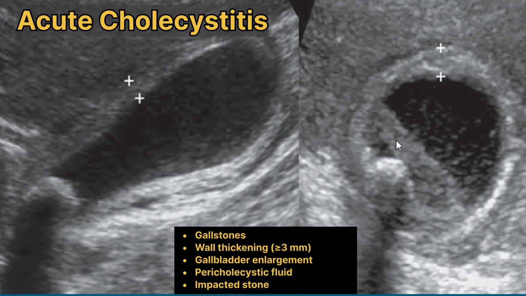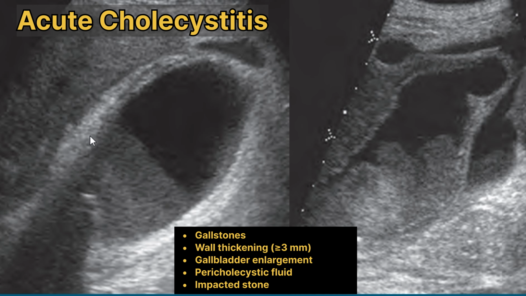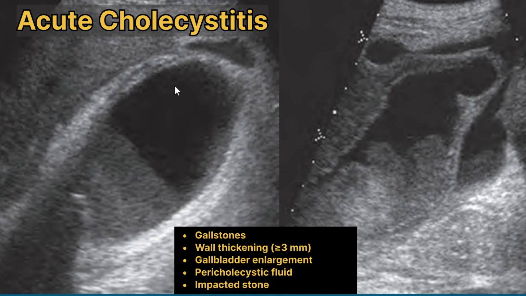And this is the transverse view that shows the stone and the sludge in the gallbladder, and its wall thickness is also increased, that is looking more than the normal thickness of the gallbladder. Now this is the sonogram. This is the longitudinal view of the gallbladder that is showing the increased wall thickness and showing the sludge in the gallbladder, and also a calculus that is showing acoustic shadowing, and a small collection of pericholecystic fluid is also visualized here near the gallbladder fundus, which may be due to perforation of the gallbladder.